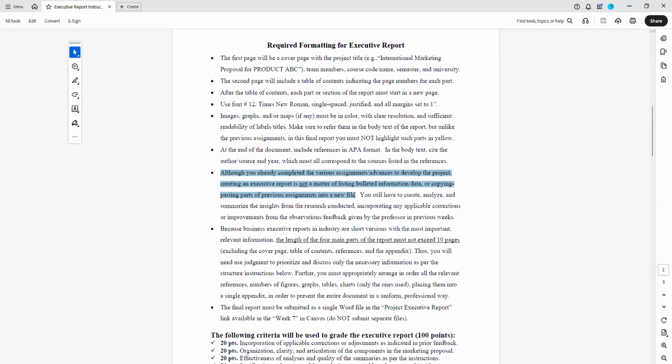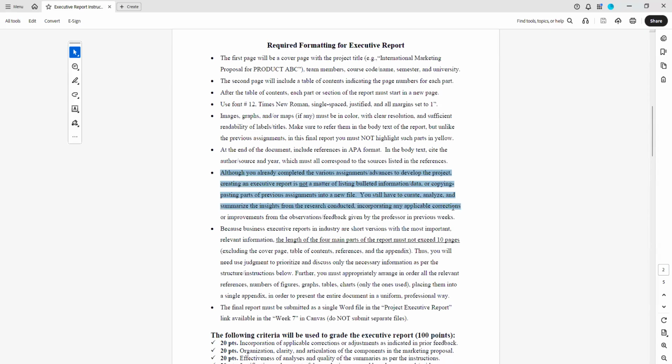No, you have to decide to prioritize what you want to include and what you will not include in the final report. So you will have to curate, to analyze, to summarize the insights,